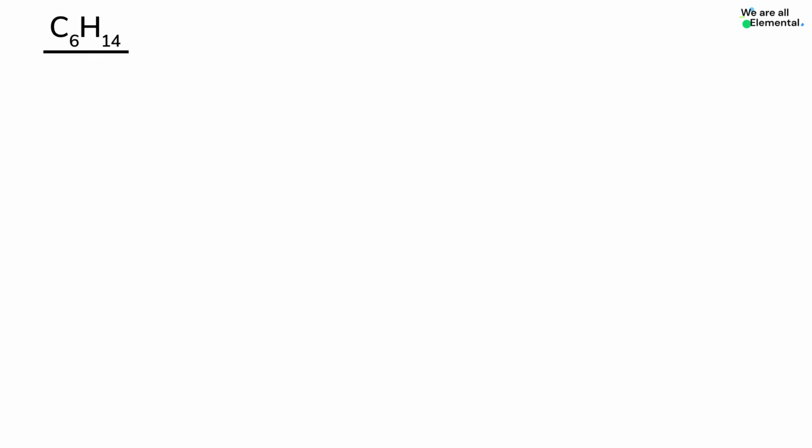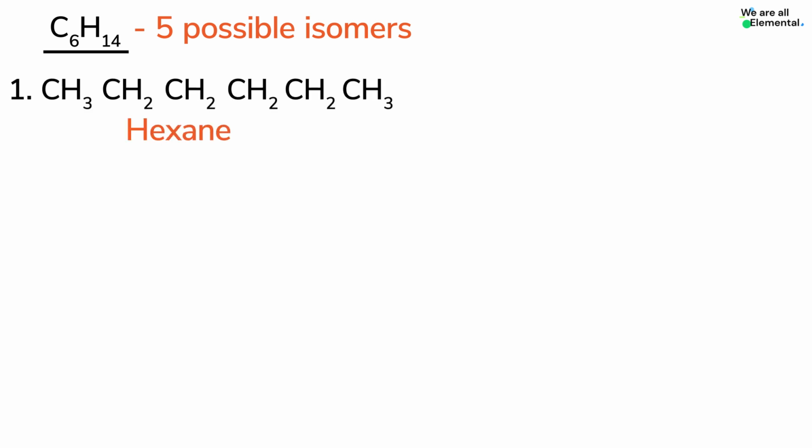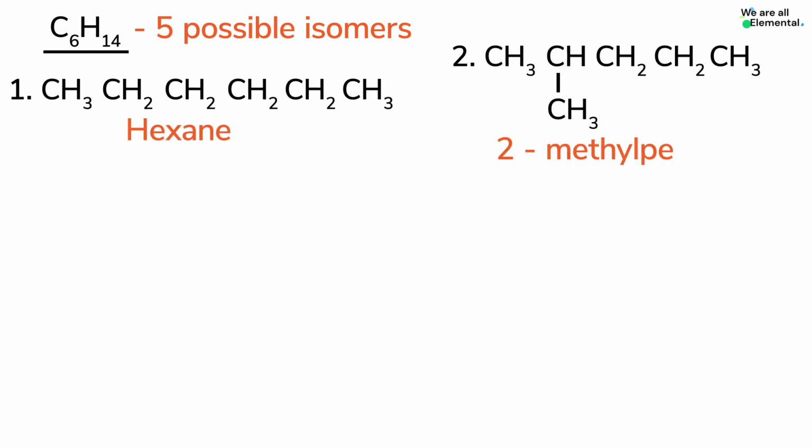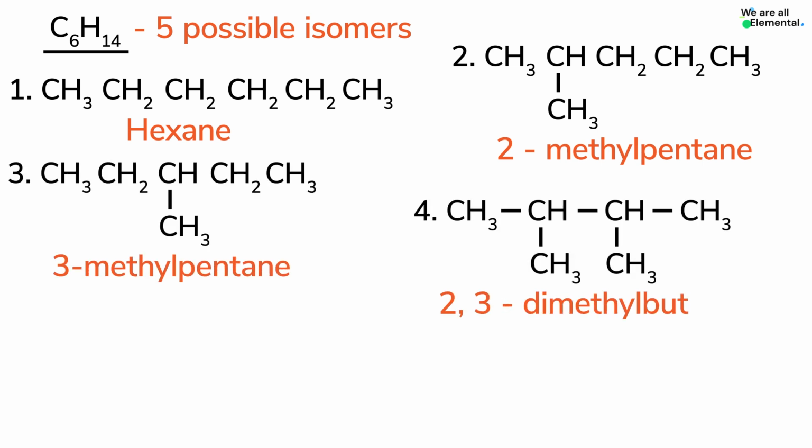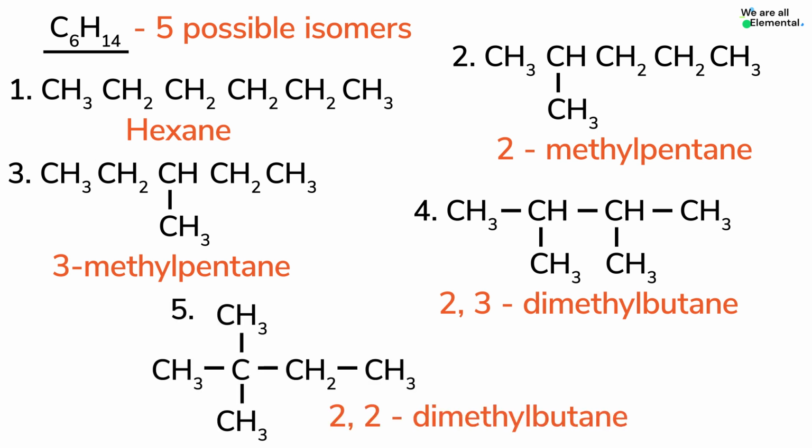Or if you have C6H14, then there are five possible isomers: a straight chain hexane, 2-methylpentane, and the position of the methyl group changes, so it's 3-methylpentane, further branching with 2,3-dimethylbutane or 2,2-dimethylbutane. You might want to pause the video and draw all possible isomers of C7H16 and